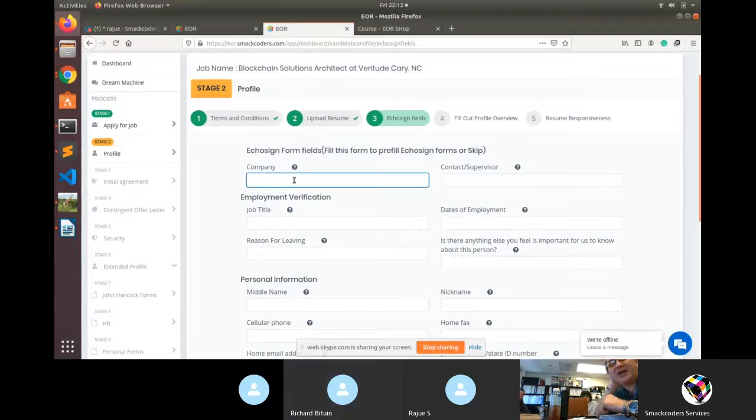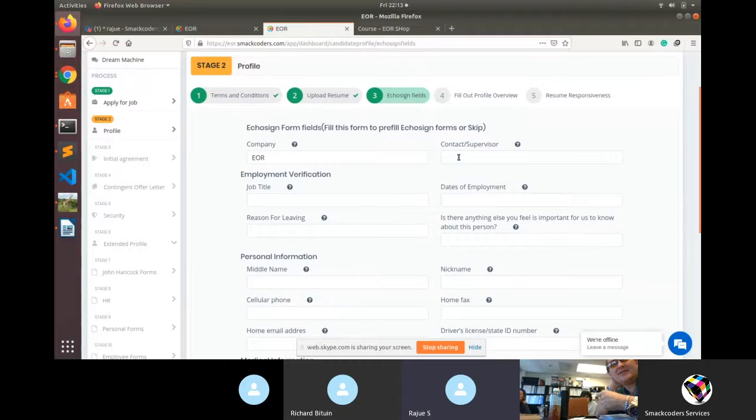So, and then later we want to change the EchoSign fields, okay? They don't need to know we're using EchoSign, number one. And if we're going to change it to HoxSign, then it wouldn't be accurate anyway. Right now we have not integrated HoxSign, right? It is not completely ready. Yeah, I know. But when we talk about the naming, it's good for us because it makes sense in development, but when we go to production, we need to change that.